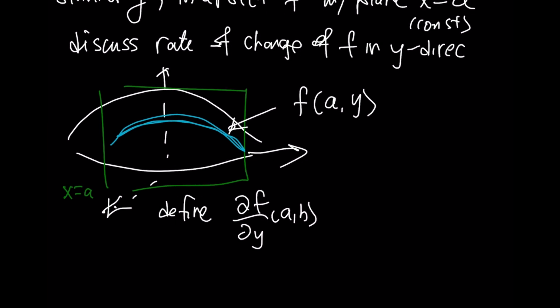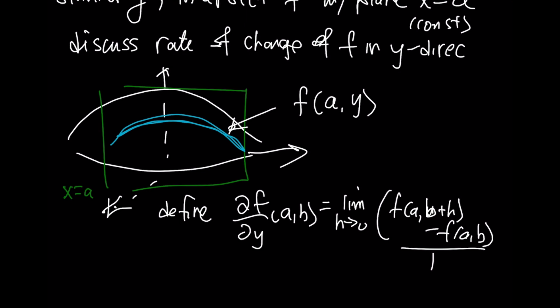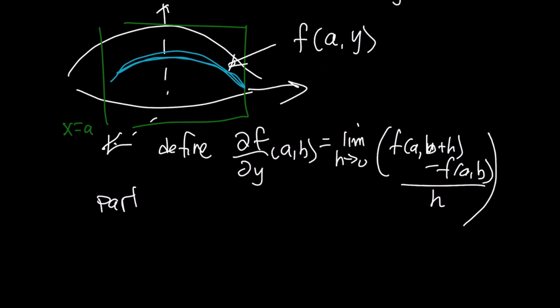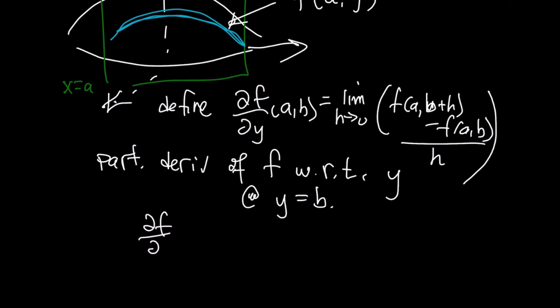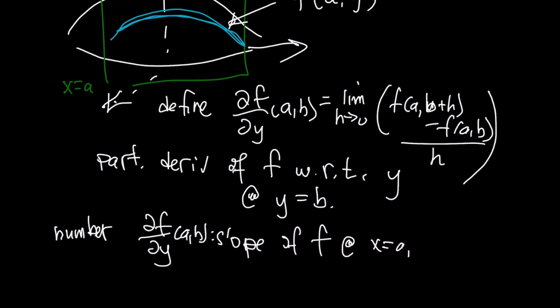And it's simply just going to be the limit as h approaches 0, f of a and b plus h, subtract f of a and b all over h. And again, this is what's called the partial derivative of f with respect to y at the point y equals b. Now this notation df dy, this is a number, and I should put a and b here, and it represents the slope of the function at the point x equals a, y equals b, with respect to the y